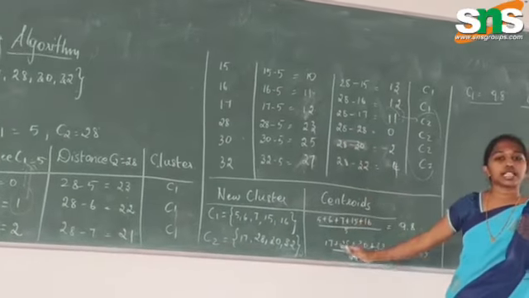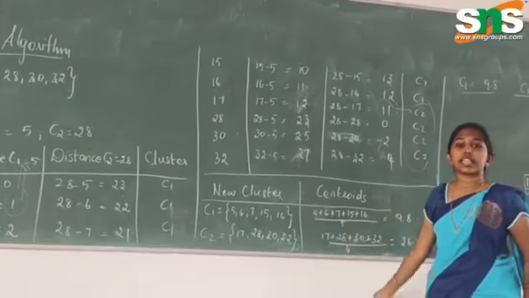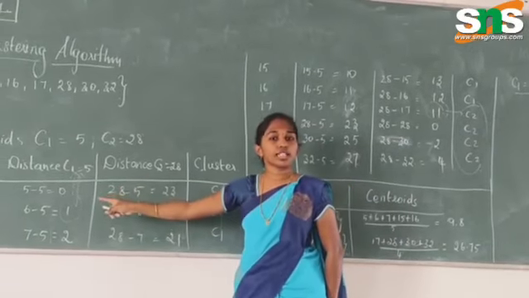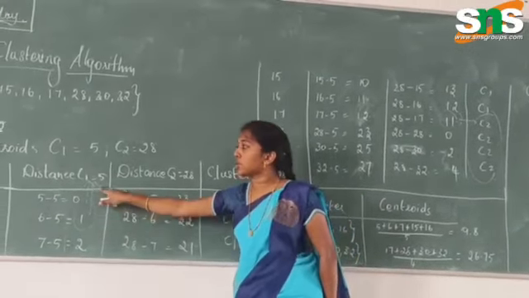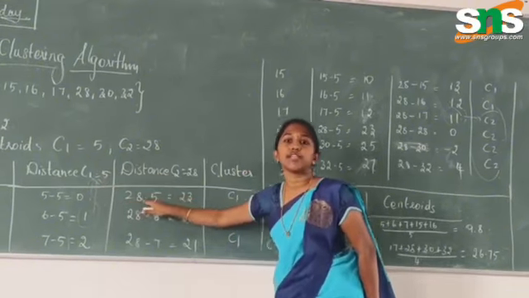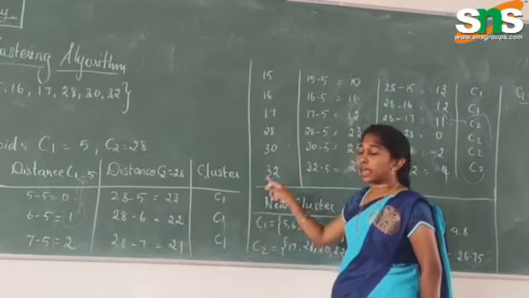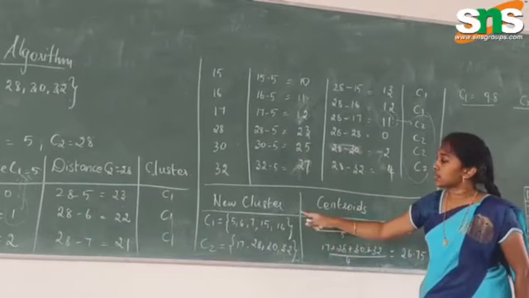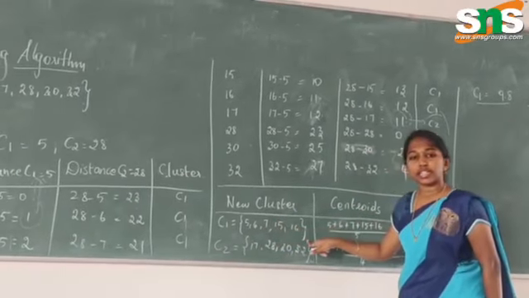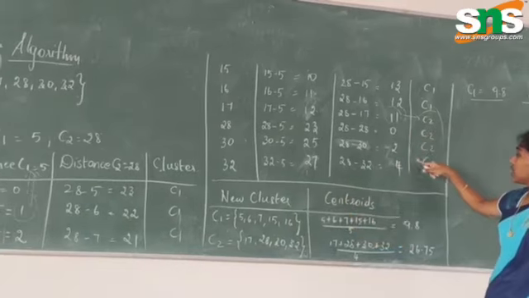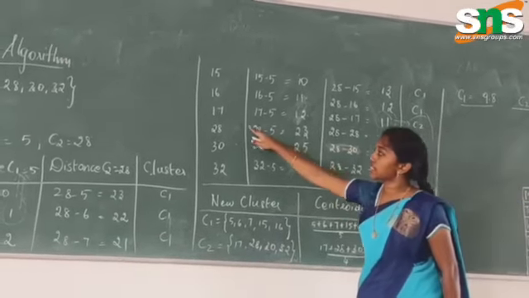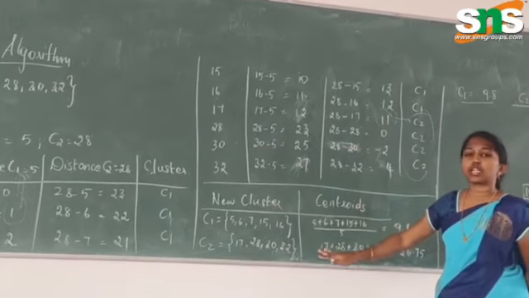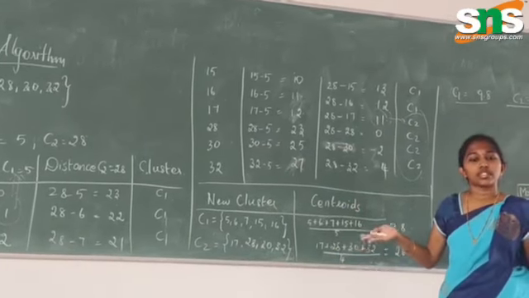Next we are going to assign the clusters. While assigning the cluster, I compare these two values and take the smallest value, and the cluster of the smallest value is assigned to that point. While assigning, I cluster all those terms. The C1 terms are 5, 6, 7, 15 and 16, and the C2 terms, the data sets, are 17, 20, 30 and 32. So these are the two clusters. From those two clusters I am going to find the new centroids. For the centroids